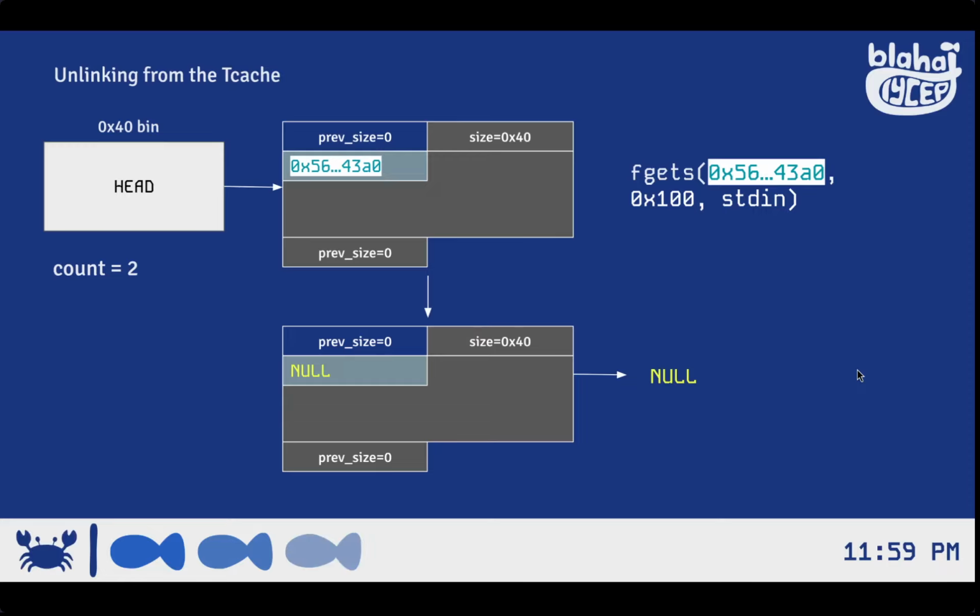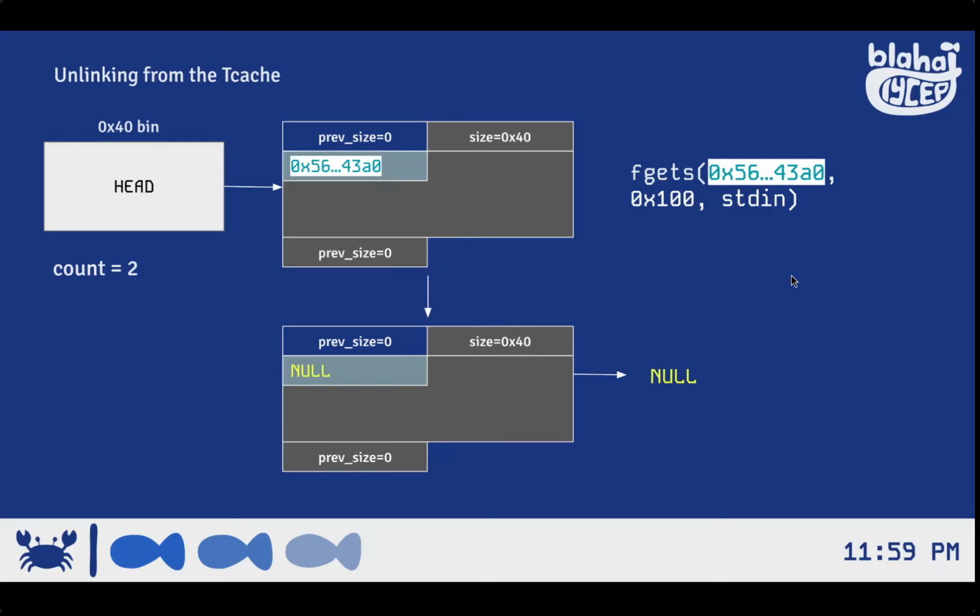Now, if we go back to how the Tcache looks like as a linked list, you'll remember that the way the chunks are linked is that in the first 8 bytes of each chunk, there's going to be a little endian number that represents the address of the next chunk in the list, right? So over here, you can see that at the head, this first chunk has a pointer or an address that points to this next chunk over here. And because the list ends at this last chunk, the pointer here is set to 0 or null,